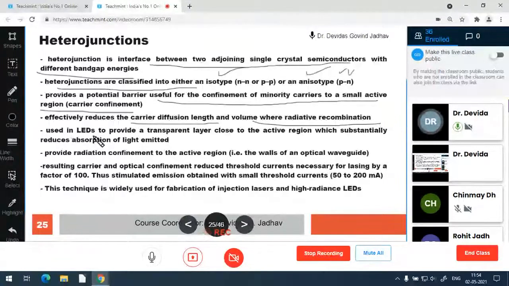It is used in LEDs also to provide a transparent layer close to the active region, which substantially reduces the absorption of emitted light, and that becomes high radiance LEDs. Heterojunction provides radiation confinement to the active region, and that is the wall of the optical waveguide. And the resulting carrier and optical confinement reduces the threshold current also,